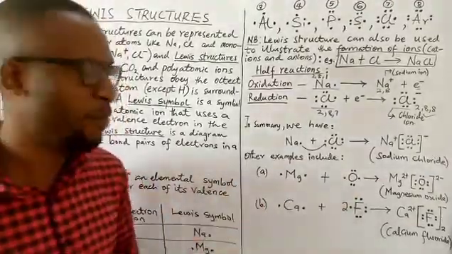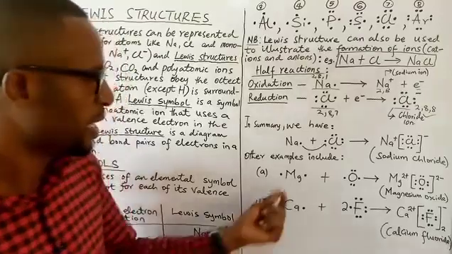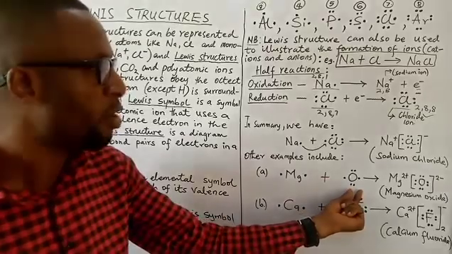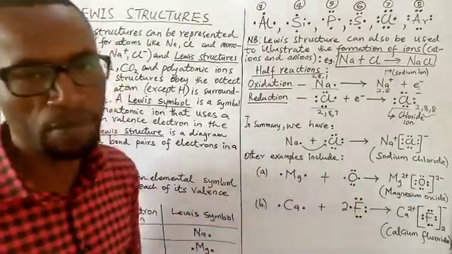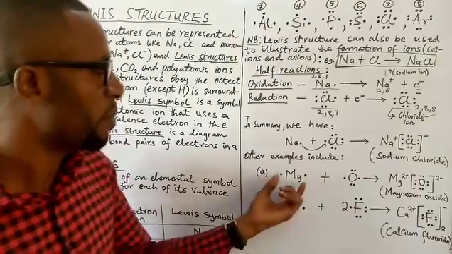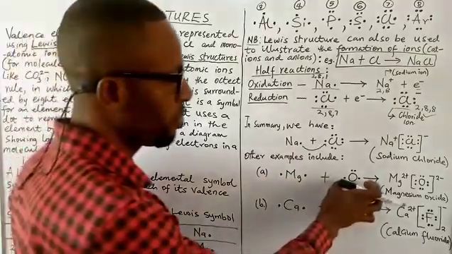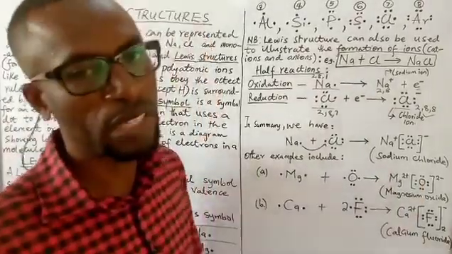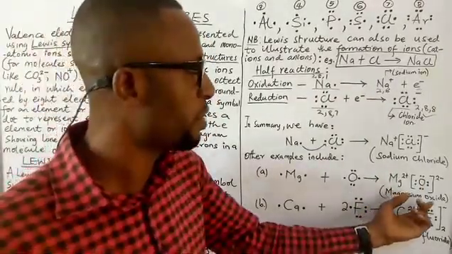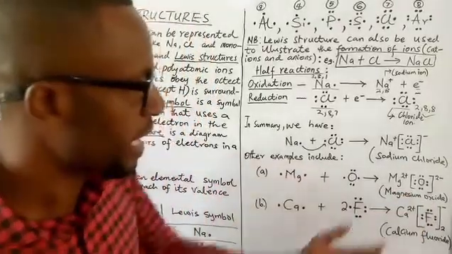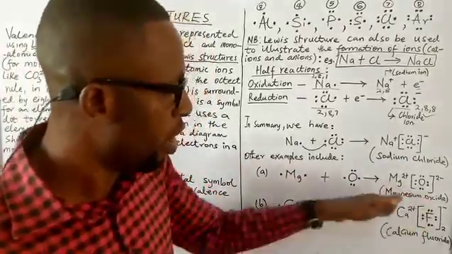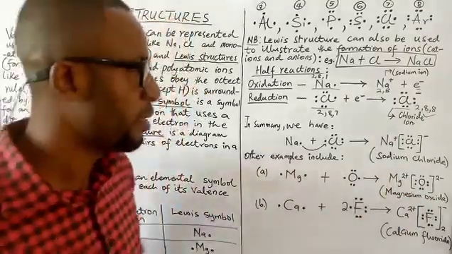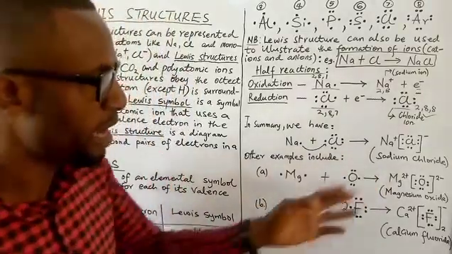Other examples of formation of ionic species is where you see the Lewis symbol of magnesium, and of course the Lewis symbol of what? Of oxygen. Okay? In which case magnesium transfers 2 of its electrons to the oxygen. Both of them are held by strong electrostatic force. In that case, you now have the formation of magnesium oxide. And there you have the Lewis symbol of the magnesium oxide, of course, with the charges that are either given or acquired in that redox.